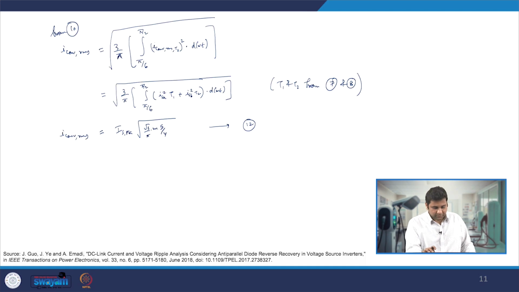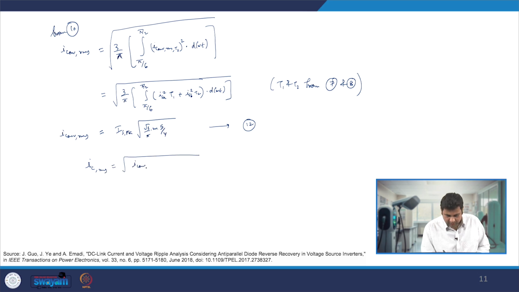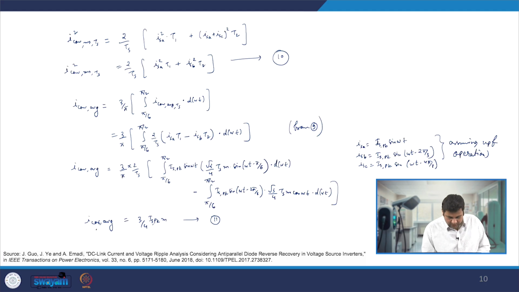So we can write my IC RMS is nothing but under root I converter RMS over the line cycle square minus my I converter average over the line cycle,